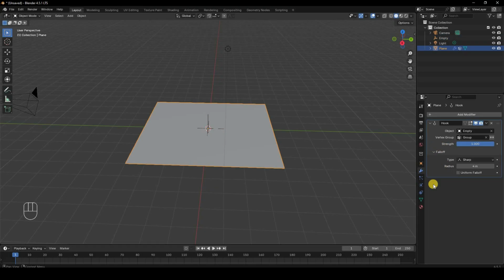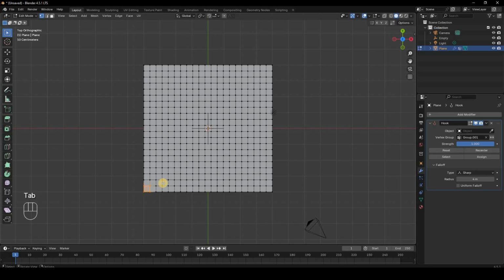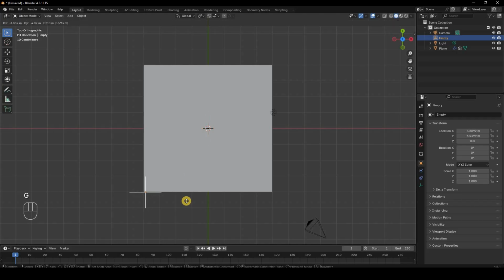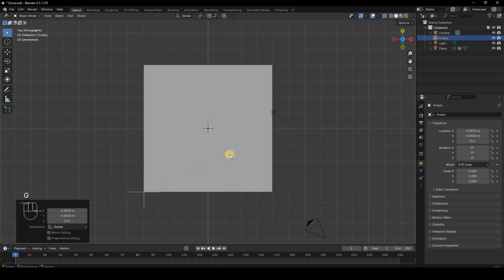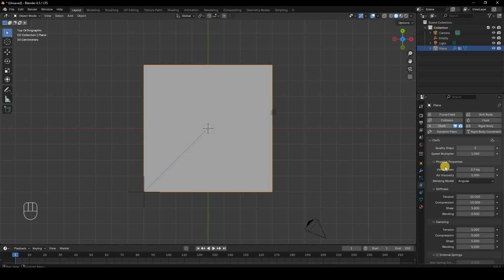You can combine it with the cloth simulation. So if I go over here and change the vertex group to 001, if you remember the pin 1 over here, I'll just remove the empty, tab into edit mode, and if I remember this part is over here. I have removed the empty, so now I'll just move it to over here where the pin option was, and then I'll re-add the empty over here, and we'll go over to our cloth simulation,